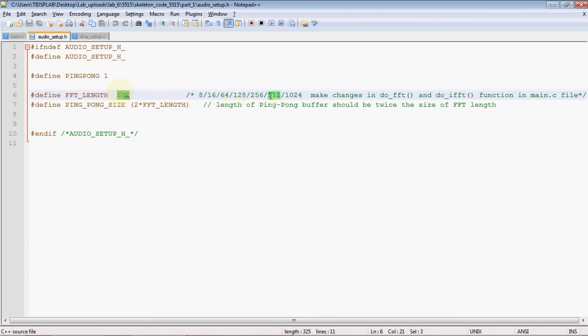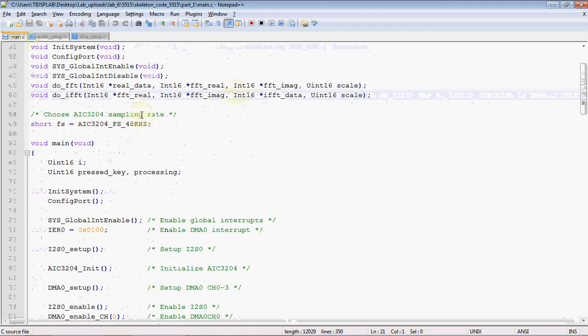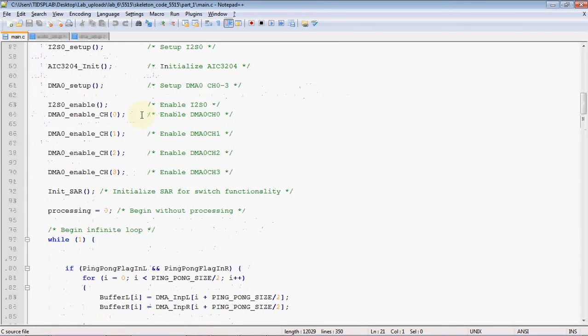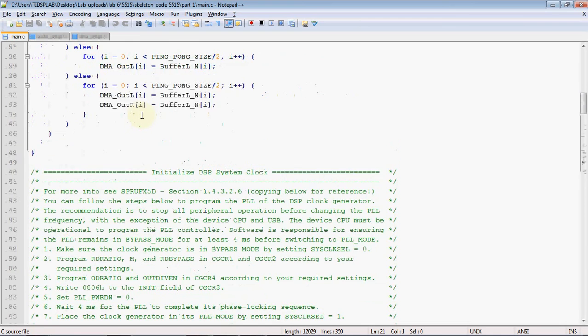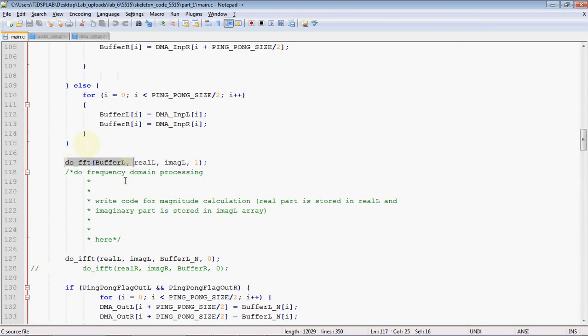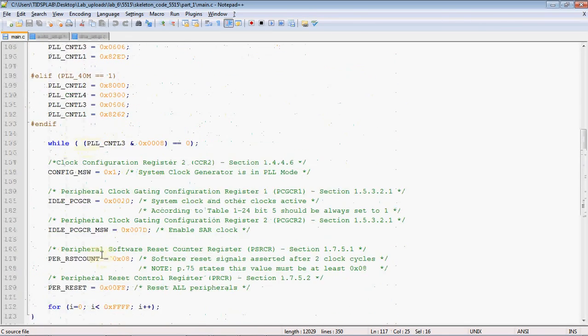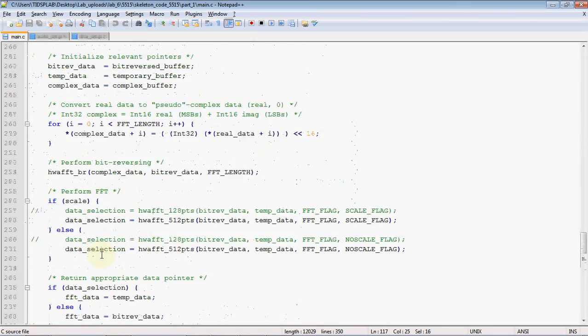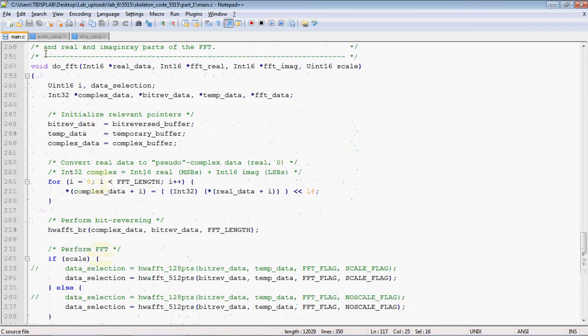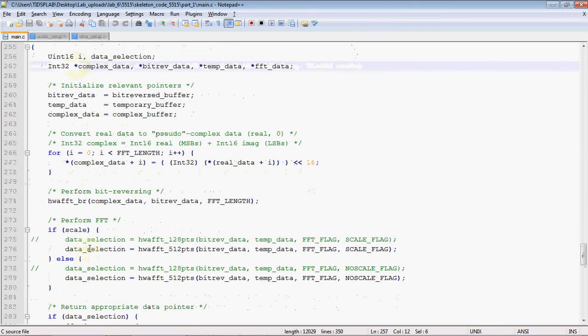from 512 to any of these, 8, 16, 64, 128 and so on, the functions that we are calling in the main function, which are do FFT and do IFFT, which have been defined here in the main.c file, the name of the function should be changed accordingly.